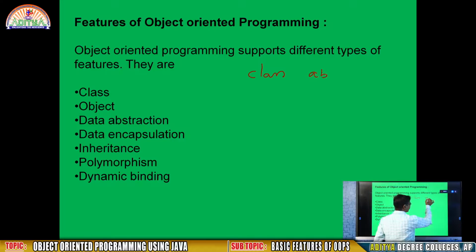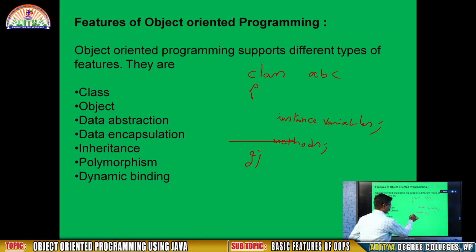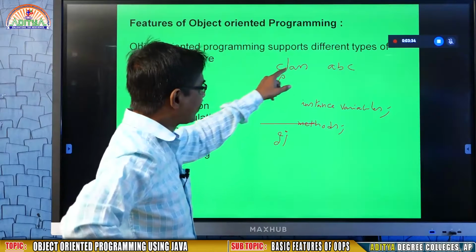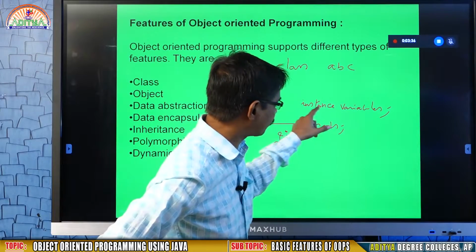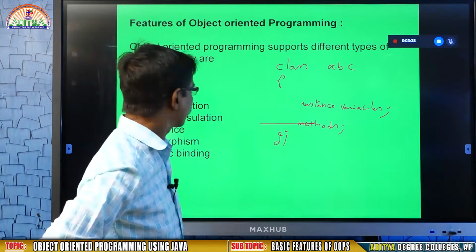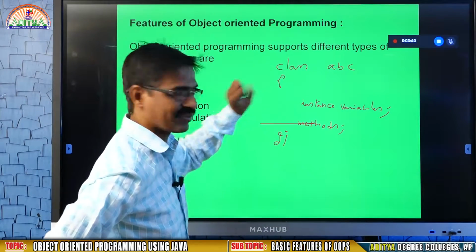You may write any class name. A class contains instance variables, and you may write any number of instance variables and methods. This is what is called a class: a class name within braces, with instance variables and methods. This is the structure of a class.